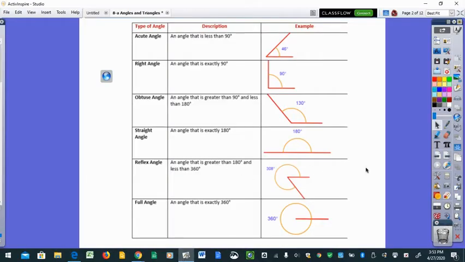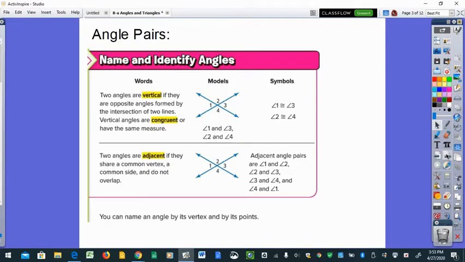So those are the names of the angles that we've talked about in the past. Last year, though, we learned a couple of things about angle pairs. So I just want to review those with you. The first pair of angles that we talked about was the idea if we take two lines and we make